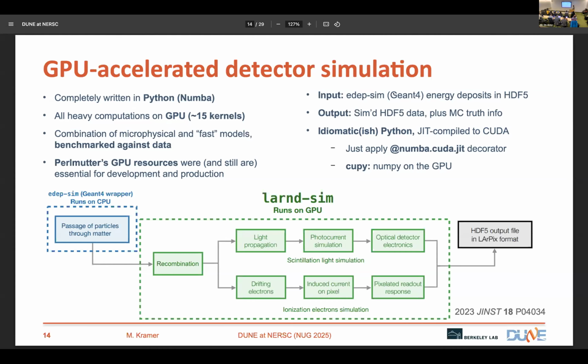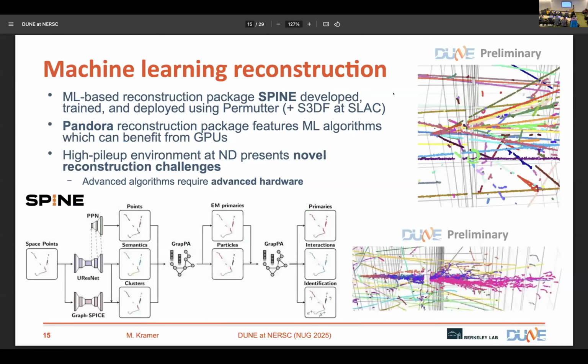We also use CuPy for those manipulations that the library already provides for us, and everything else we just use Numba for. So I won't go into detail about how it works, but you can see it splits into two paths, one for simulating charge and one for simulating light. And since these detectors are aimed at measuring both charge and light, it tells you how to split interactions that happen close in time. We simulate both of these parts of the detector. Anyway, so I'll go on now to the other parts of the software stack.